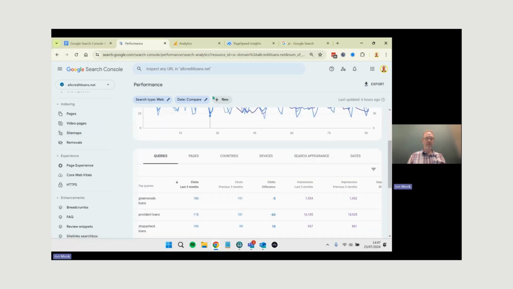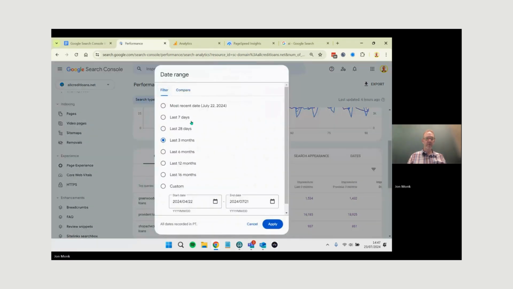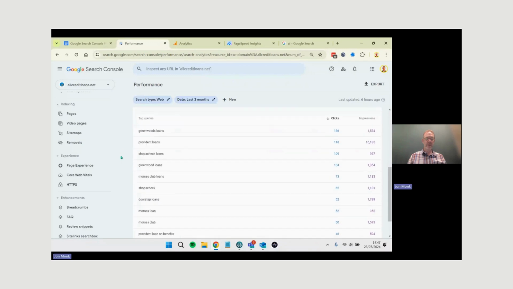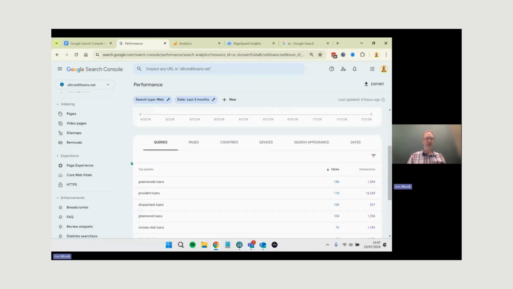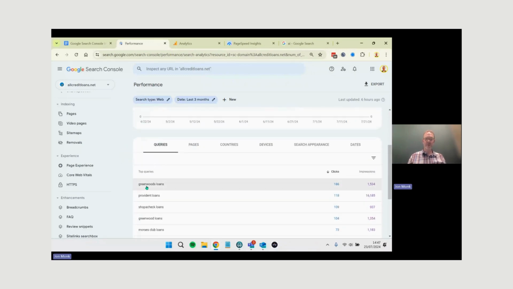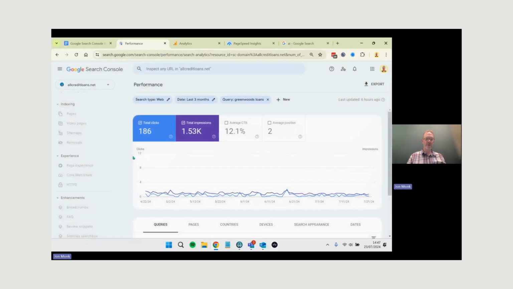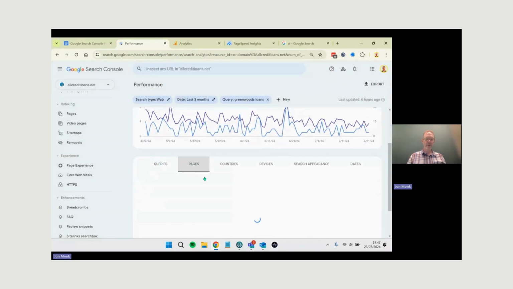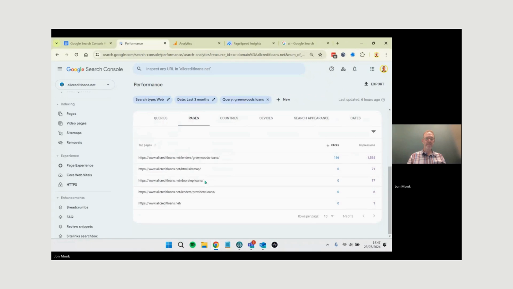So let's go back to just the last 3 months. As I say, we have all of the different queries down here, so we can see in the last 3 months how many people clicked on this one. And if we actually click on this one, if you go to pages, you can therefore see which pages also got rankings for that keyword. So just to show the sort of information you can get from that. If you exit out,